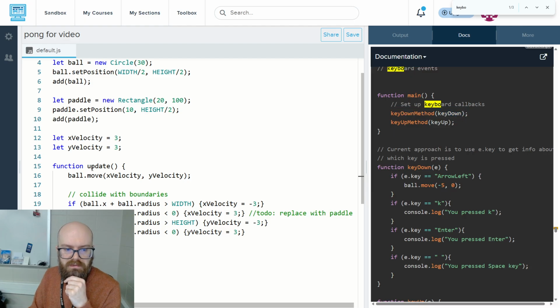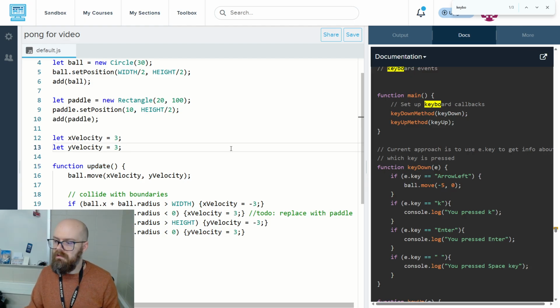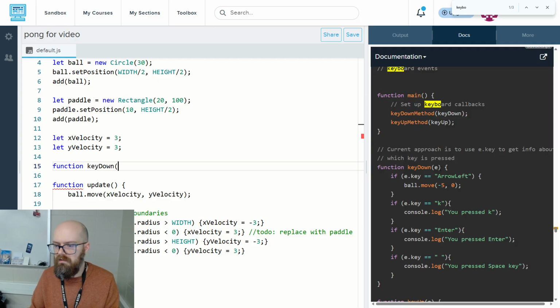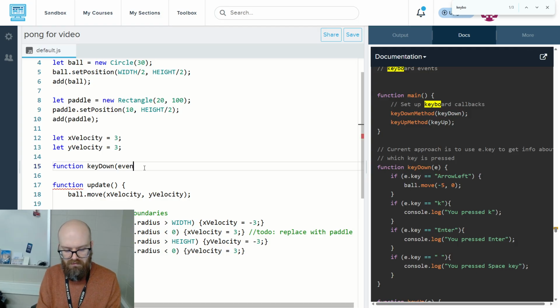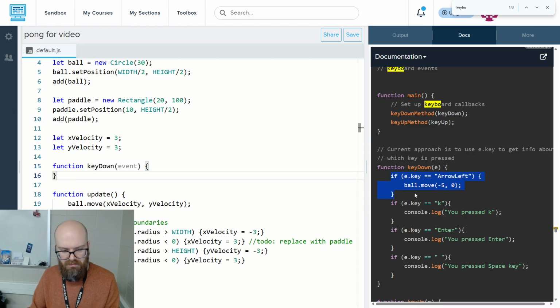So just like this one, we called it update, which is very generic. I think for this one, we'll call it key down, because right now it's moving, but maybe later it'll pause or do whatever. So you don't want to call it move paddle, and then you use it for pausing, and then you have a function with the confusing name. So let's go key down, and then they right here have a thing called E, which stands for event, but I'm going to give it the full word, because if I see E, I don't really know what that means. So their example is something like this,